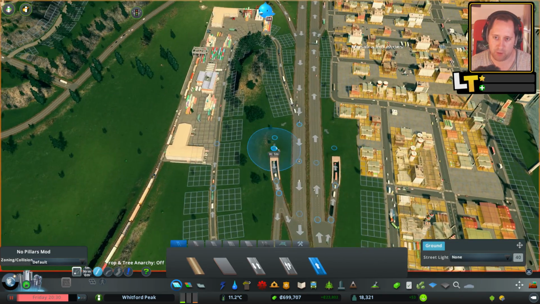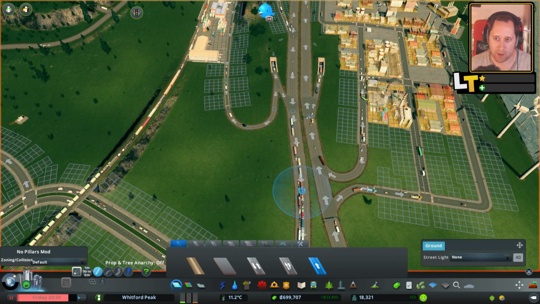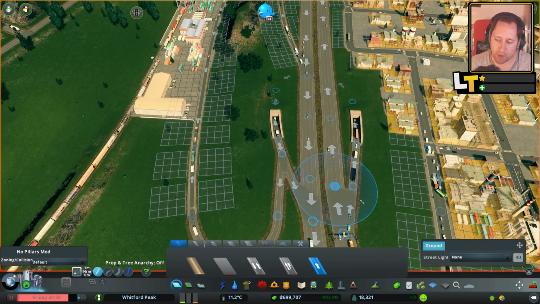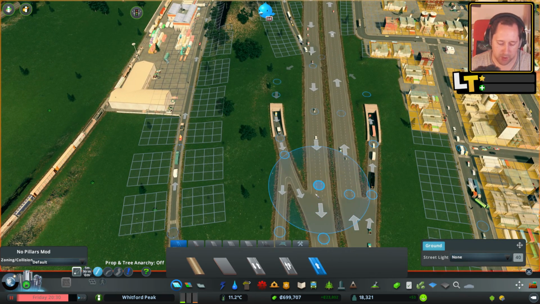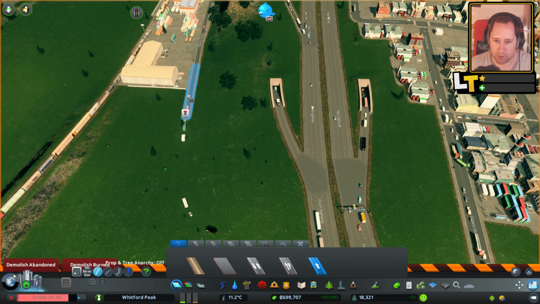Now, what I'm probably going to do is leave this junction as is. So this means the traffic's going to have to kind of S-bend back around. So it's going to go back that way, and it's going to come around, and then it's going to come back and then connect. So that means I want to come off to the right. So this is going to be a little bit of a change. So essentially, what I need to do is...